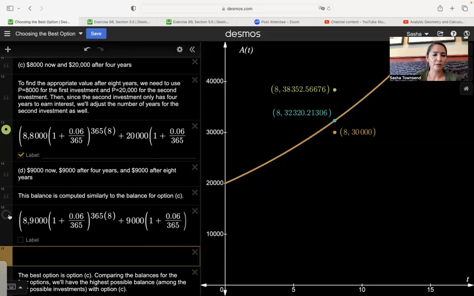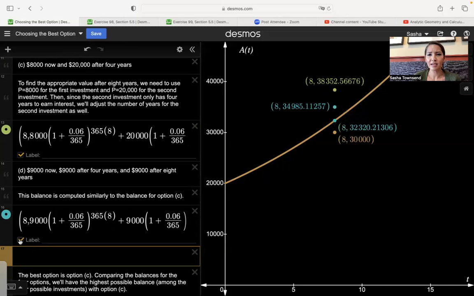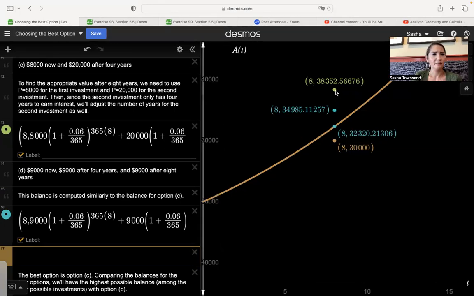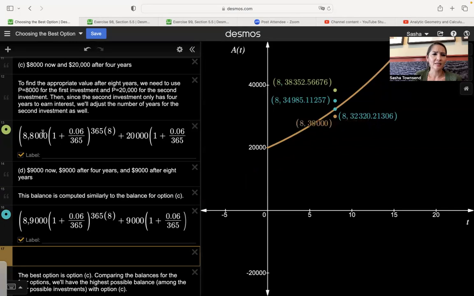If we add all those numbers together, we get the total for option D, and that leads to $34,985 and 11 cents. And so that's in between our highest option and the first option that we looked at using our exponential function. So it looks like the best option is this green option, which was option C, where